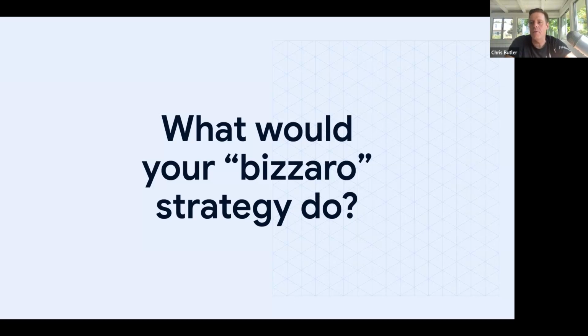Singapore Air is about really long haul flights that are highly luxurious, high quality. Southwest is about a lot of short corridors that get a lot of traffic, right? And so what I always like to ask is, what is this Bizarro strategy that you would also consider? And is that a better strategy or a worse strategy than the one you're currently taking for your organization in some way?